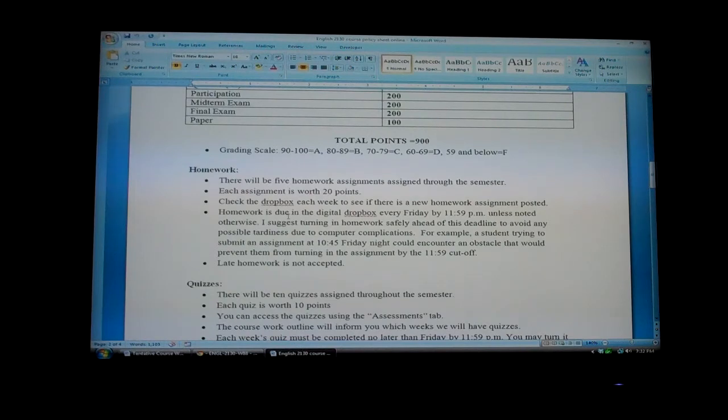Homework, the big thing is going to be that late homework will not be accepted. So please know that, speaking from the past, one of the biggest problems students have run into: Friday night is going to be the cutoff time for homework submission. Friday night, 11:59. Now in the past, I've noticed that if the school takes down D2L for maintenance or whatever, it's usually on a Friday, specifically on a Friday night.